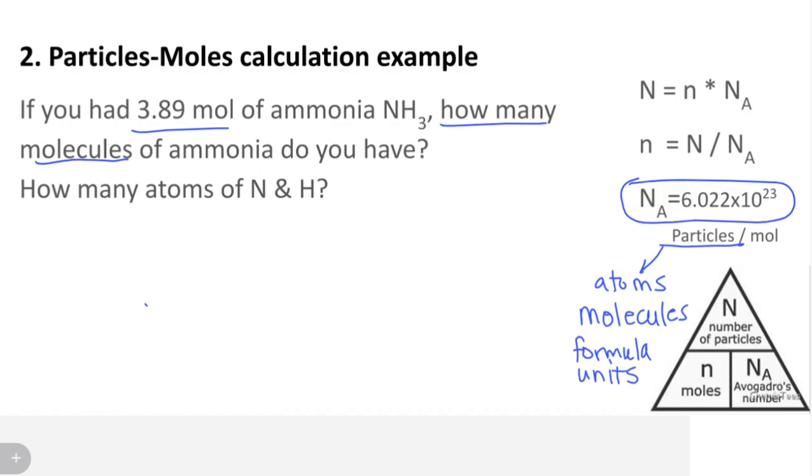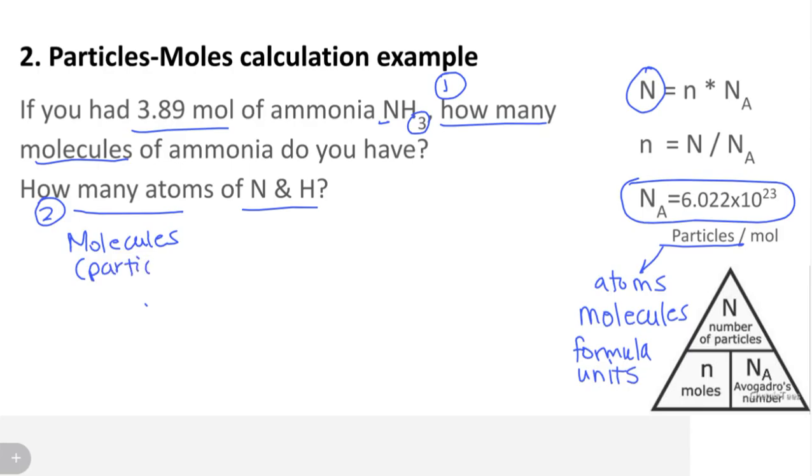So this is asking us how many atoms of N and H as well. So it's a two-part question. The first thing that it asks is how many molecules this many moles is converted to, and the second part asks us how many atoms of those individual parts of the formula. So let's start by solving for molecules. Again, molecules is a type of particle, so we're going to use the first formula, and I'm going to write it out without the symbols first. So if we're trying to solve for molecules, which is a type of particle,